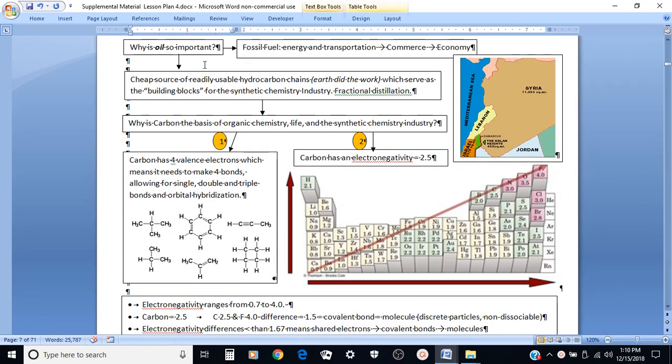So let's do a quick review of this, and we'll elaborate a little bit more. Why is oil so important? One, fossil fuel for energy and transportation, for home heating, also commerce and the economy. A cheap source of readily usable hydrocarbon chains. All these organic life were broken down. Basically, the earth did the work. So now they're broken down to simple, readily usable hydrocarbon chains, which serve as the building blocks for the synthetic chemistry industry. All you have to do is what's called fractional distillation. Divide out the different lengths of chains, which have different uses,